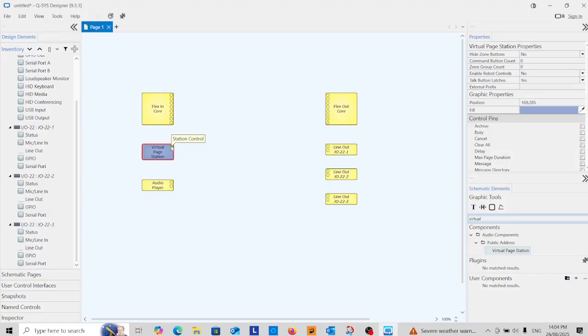It is a control pin. It is one of these little triangles. All the rest of these are circles. They are audio tracks, if you will, but this is a control pin. There's nothing to hook it up to yet because we need to also put in, also from the public address folder, PA router,